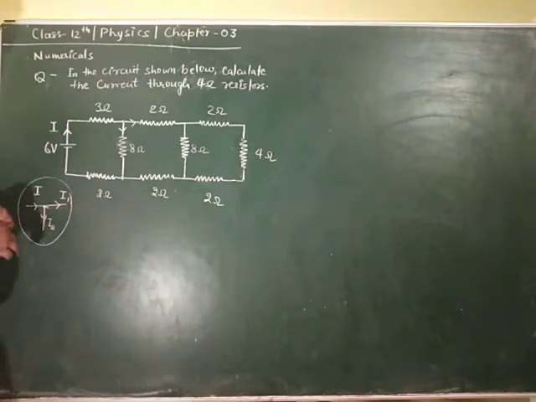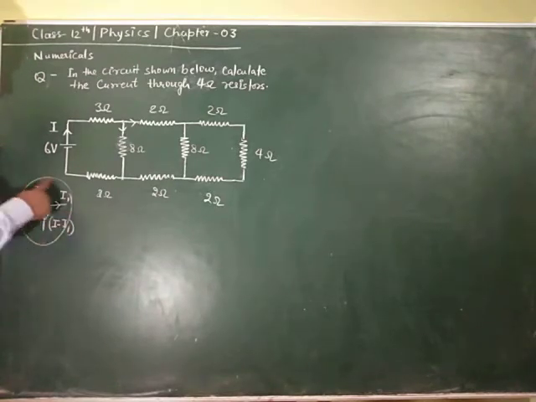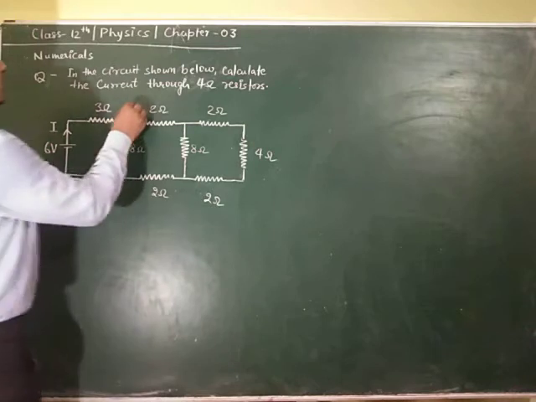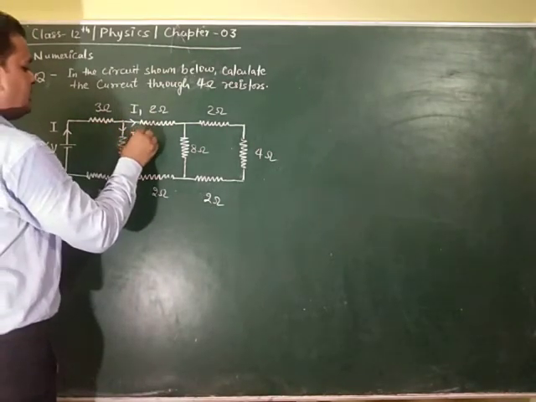But my opinion is not to use many variables. If the total current is I, and I1 is a part, then what will be this? A current I minus I1 will flow. So how many total variables right now? Only two, I and I1. So I want to say, use the minimum number of variables you can. So here let this current be I1 and this be I minus I1.